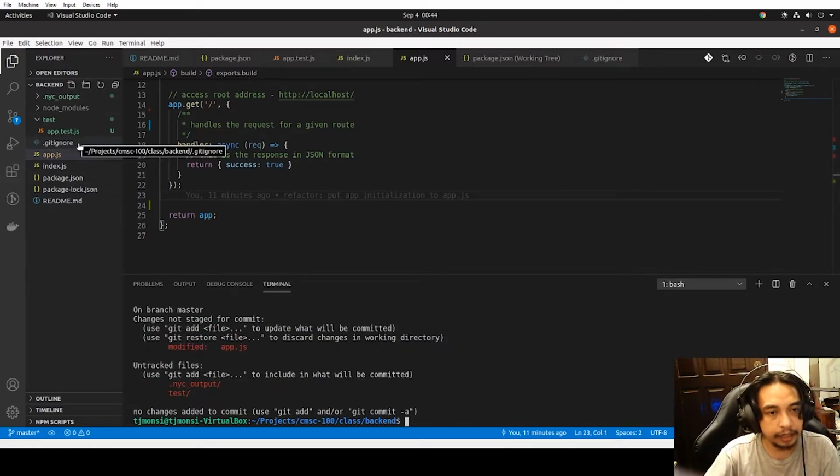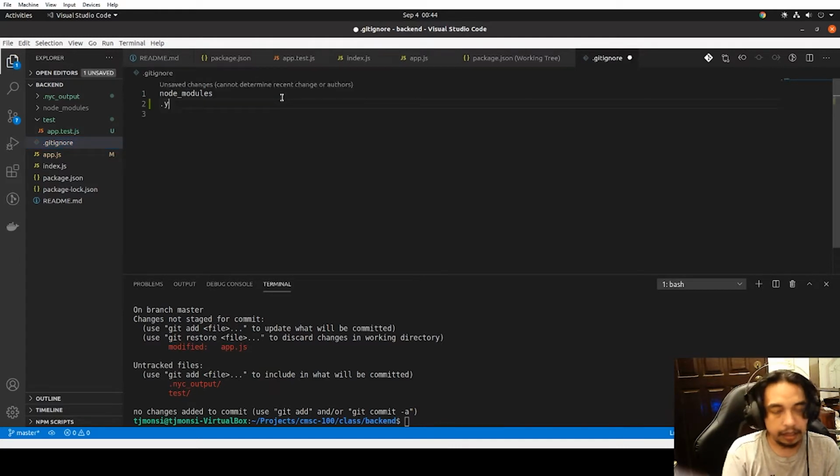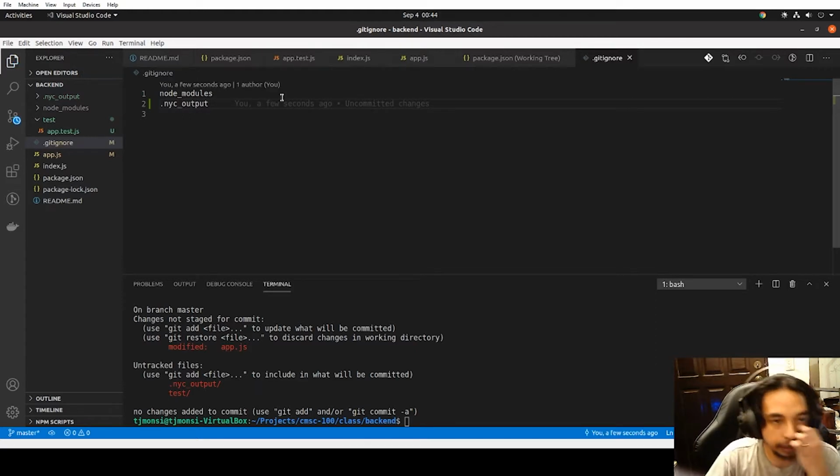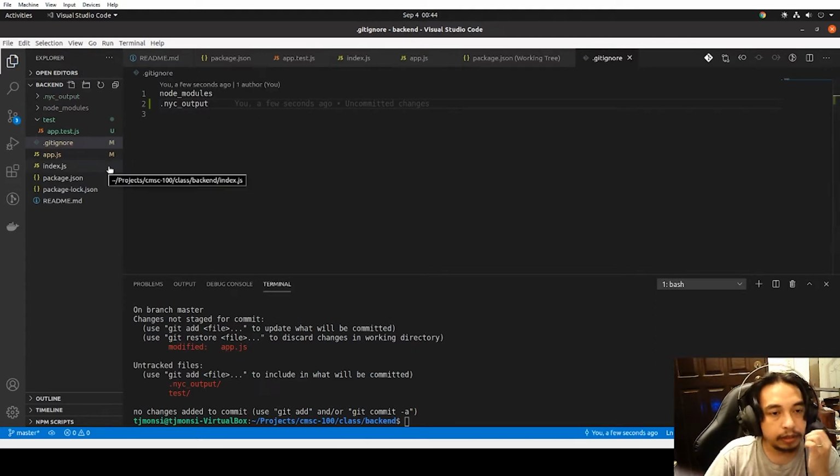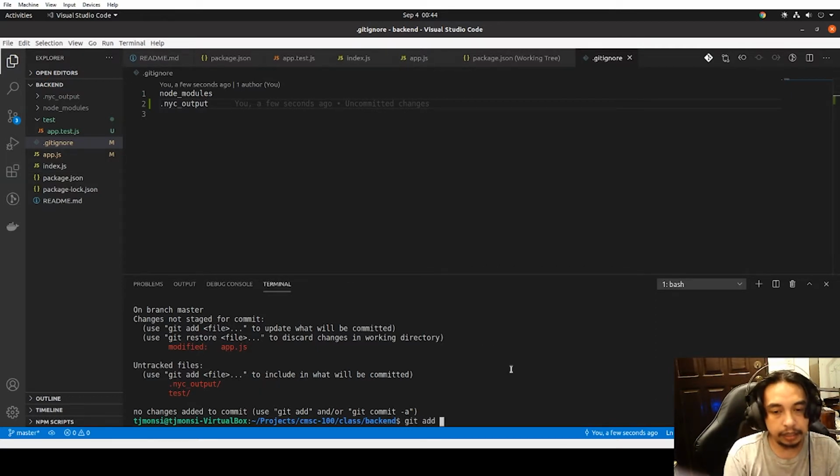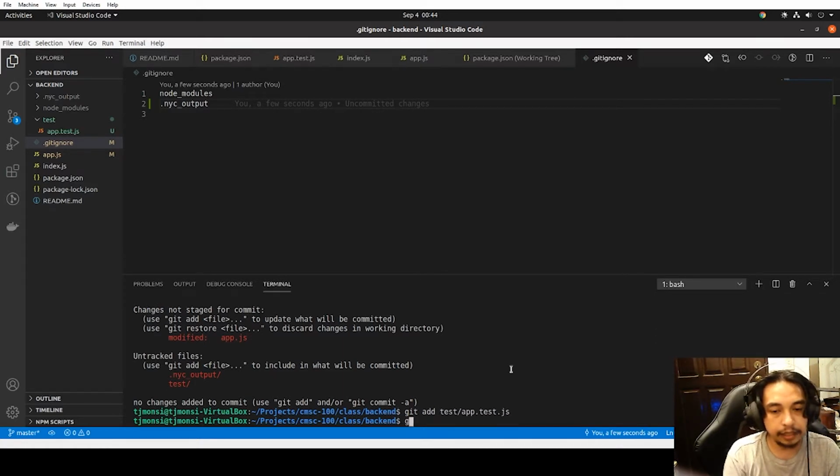Let's add NYC output because I just don't want it added to our Git history for now. So git add test.test.js, git commit, test, add our first test case,